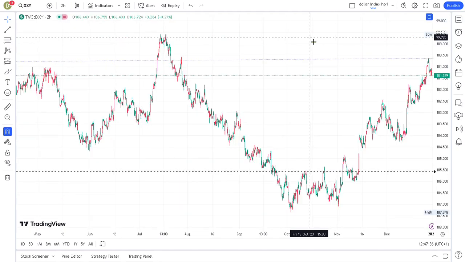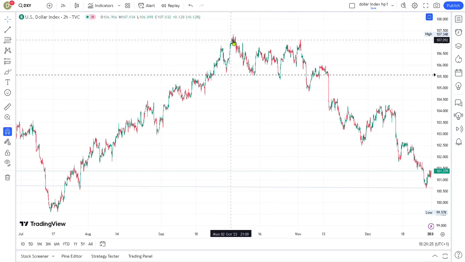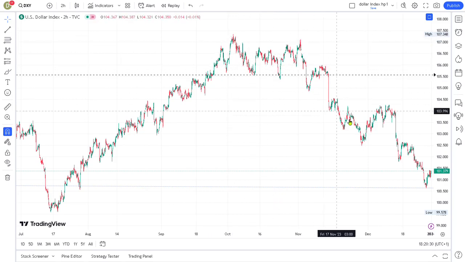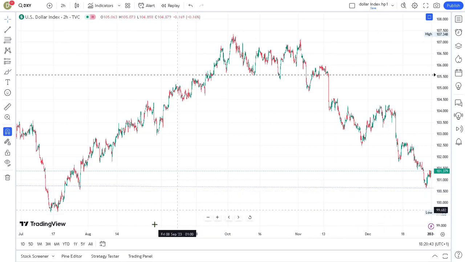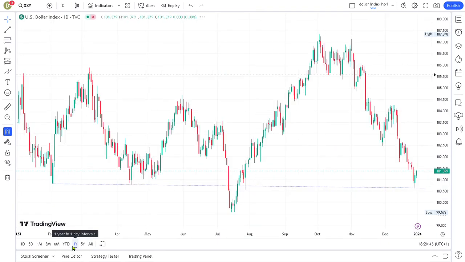Let's re-invert it. You might count this as an impulse. You could. But the funny thing is, it turned around just here at this 100.6 level. And that's an old level where we saw a bounce before, a false break, and now we went back to this once broken and rebroken level. So